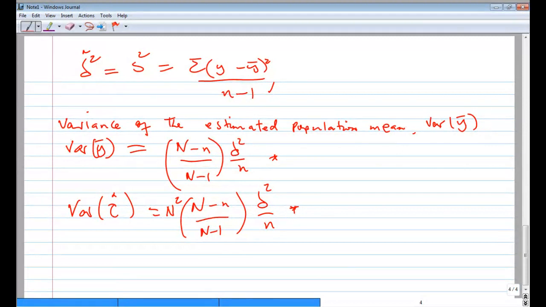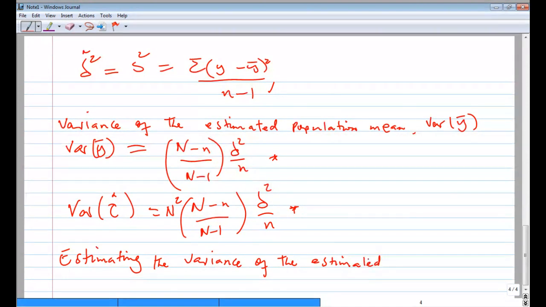Now, the estimated variance of the estimated population mean, let me just write it down. To calculate, or estimating the variance of the estimated population mean,